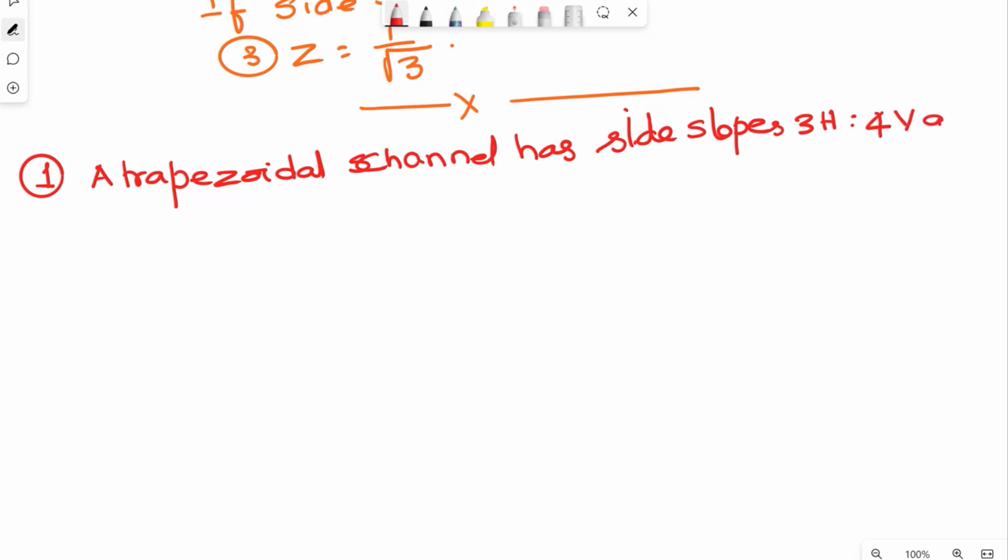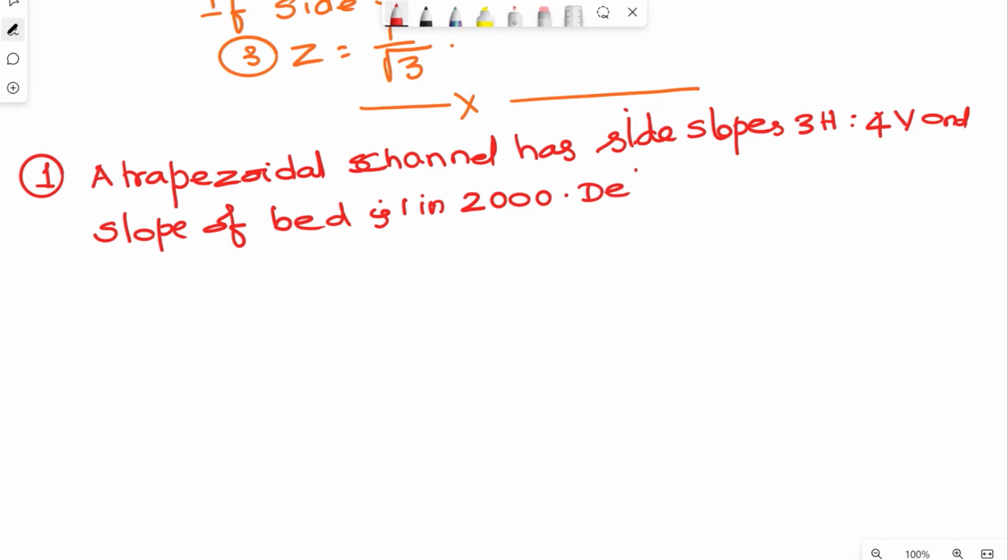That means he has given the slope of the bed is 1 in 2000, so bed slope is also given. Determine the optimum dimensions of the channel